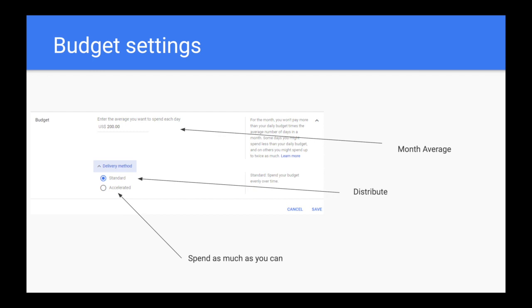And you also have 2 different delivery methods. One is standard, which will distribute your money throughout the period and guarantee that you're going to have clicks in the morning, in the day, and in the night, but you're going to miss some auctions. And accelerated gives the opportunity to participate in all auctions you can participate in, but you probably will have your campaign stopped